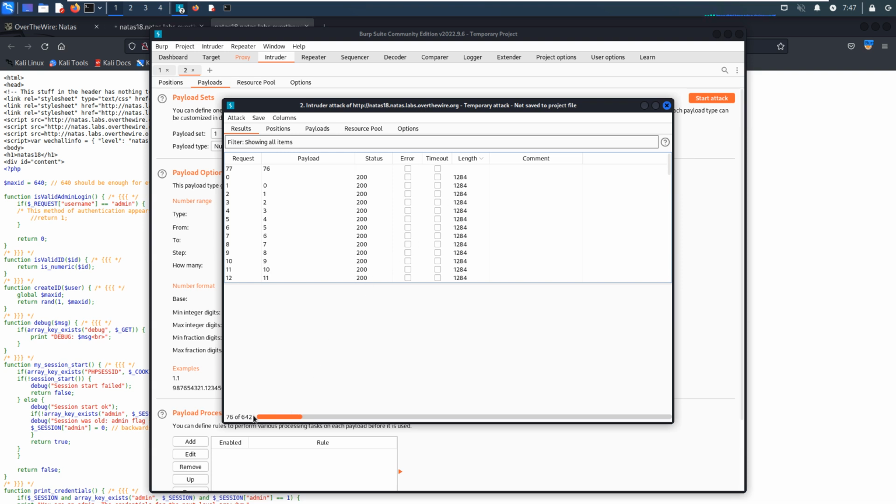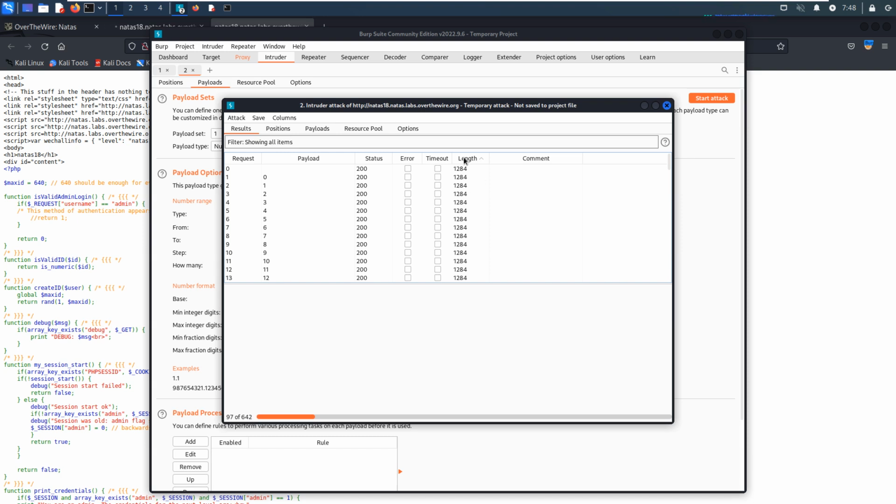Because the range of numbers is not very large, this will not take a long time to finish. If we can find the correct payload, then we can modify the session ID or cookie information.